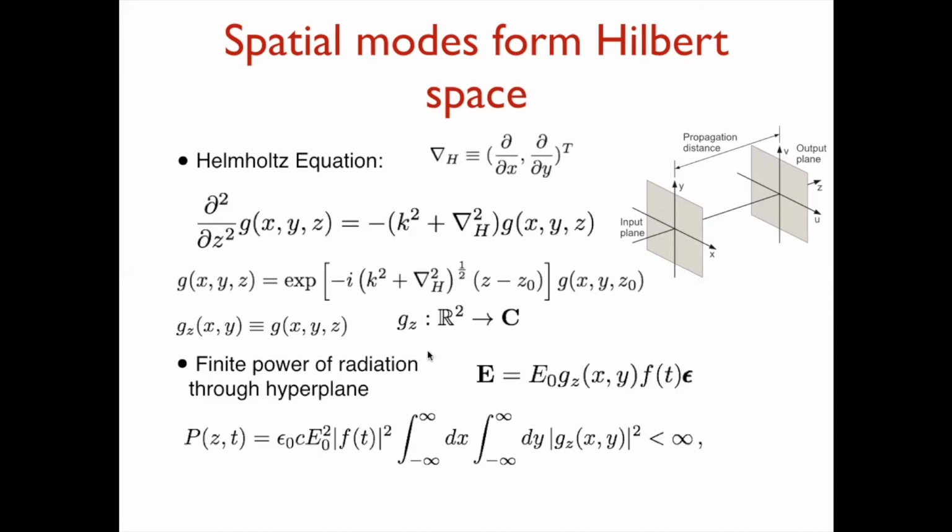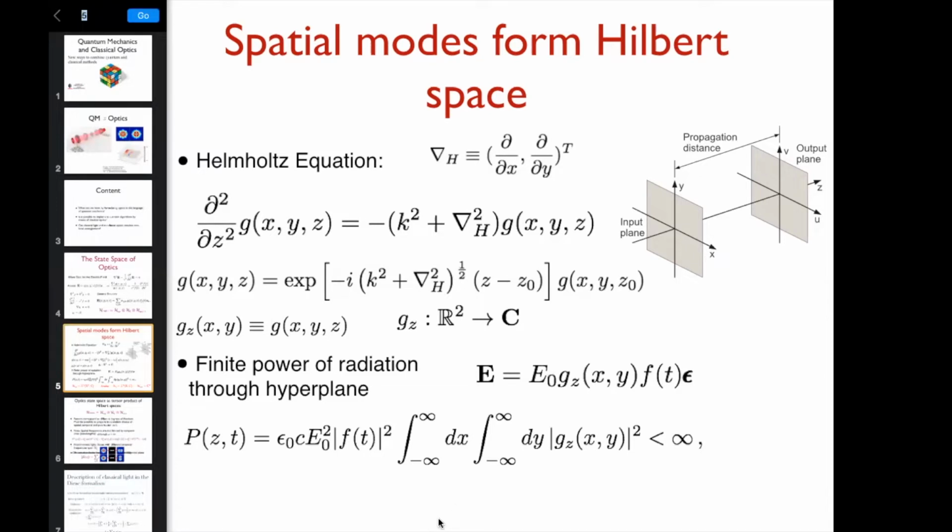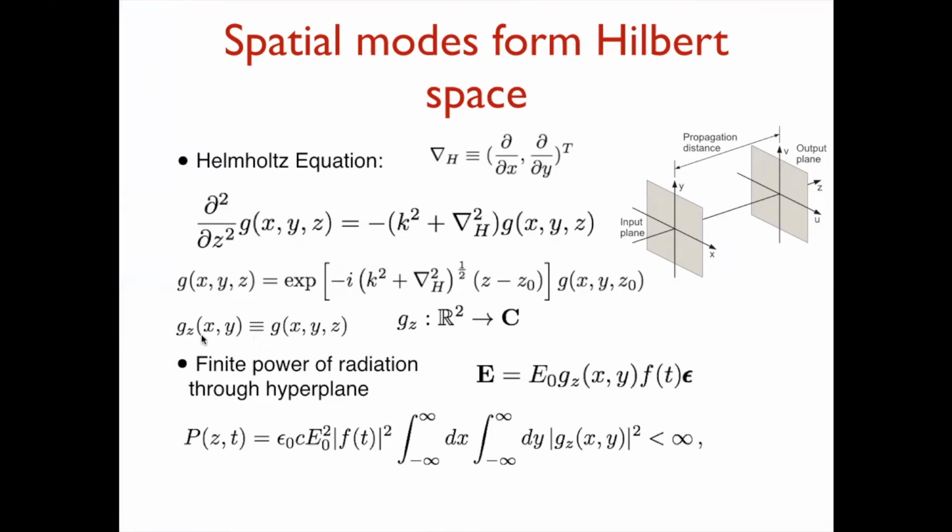All right. So from this, I would like to argue that if you look at this function G_z of X and Y, then it will always be square integrable. And the reason for that is that it is related to the power of the electric field that is transported through this plane. And the power is, of course, always finite, and therefore this integral here must exist if you really have a physical electric field. And then we can say, okay, this is a square integrable function. So in other words, the Hilbert space is L2, where L2 is the Lebesgue square integrable functions from a plane